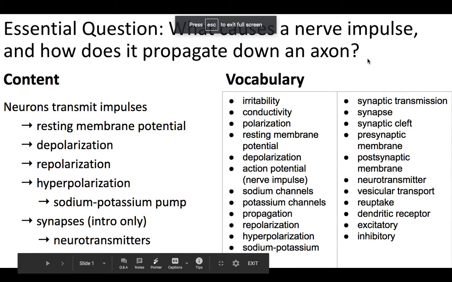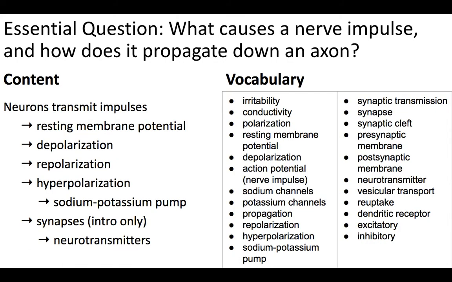Hi, this is the next nervous system lecture on nerve impulses, and the question today is, what causes a nerve impulse and how does it propagate down an axon? By the end of this lecture, you should be able to answer this question using all of the vocabulary words